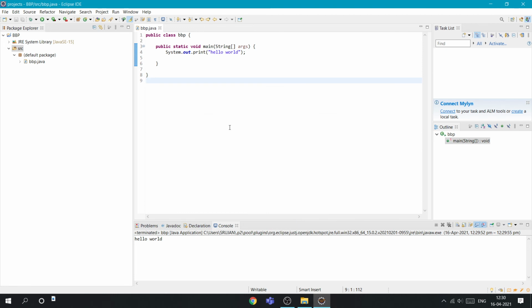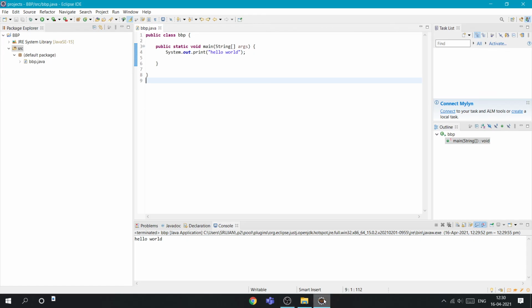Yeah. So this is how you install Eclipse in your system. Make sure while installing you have an internet connection. It will ask anyway while you install, so no need to worry, then you can connect. Once it is installed, there is no need of internet, you can directly run it offline.